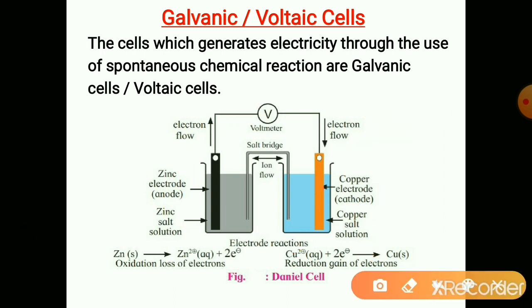So you can say that positive charge develops on the cathode because the electrons are received continuously. The positive potential develops on the cathode. Because copper ions are getting deposited, copper ions in the solution are diminishing and sulfate ions are increasing. So in the solution negative potential develops, and on the electrode positive potential develops on the cathode.